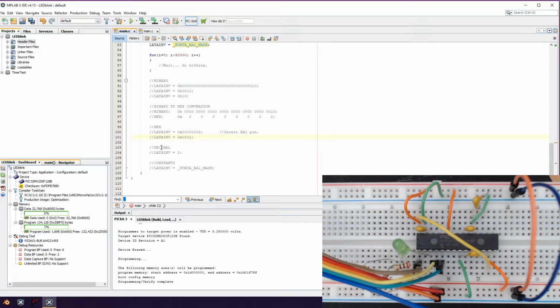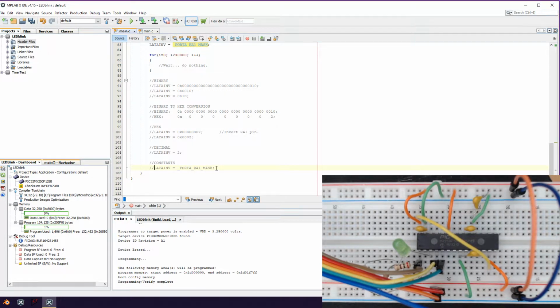Okay, here is the decimal value. Hopefully if you know what binary is, you can convert from binary to decimal pretty easily. 0010 is a 2, which is what this guy was, and if you had a 1000, it would be an 8, and so on. Okay, and then this last bit is the fun part. I'm going to see if you can do it while it's commented. This LATA invert equals PORTA